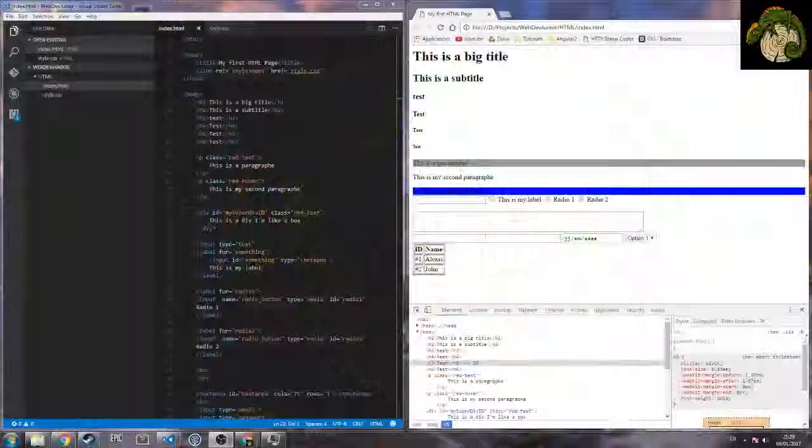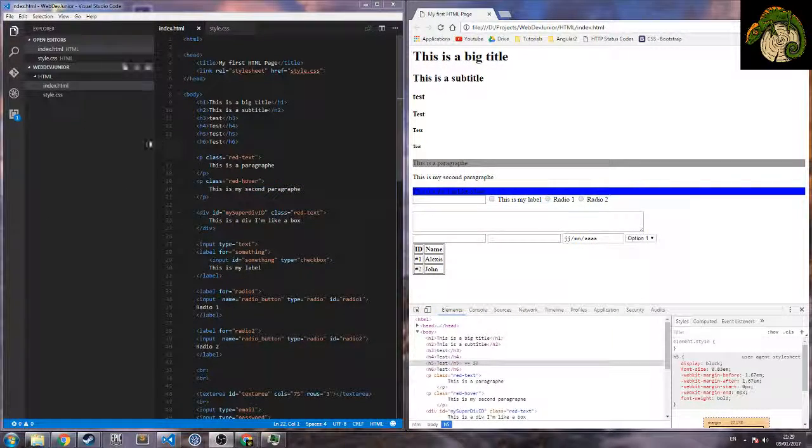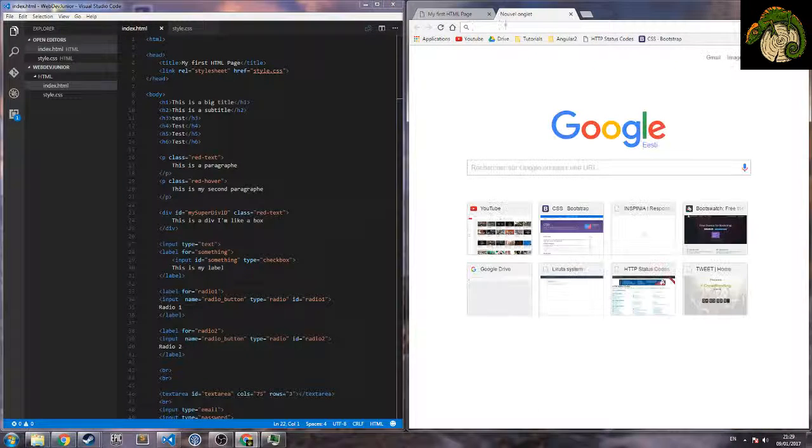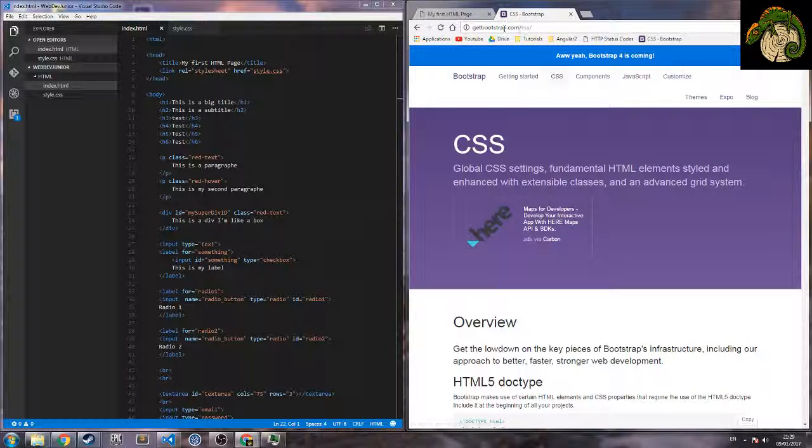We saw in the last videos how to use a little bit of HTML and a little bit of CSS. We made a page that looks kind of ugly, and now what we want to do is to make it look a little bit more pretty. But how to do it? I showed you on the last video which one to use. So we'll go on getbootstrap.com,